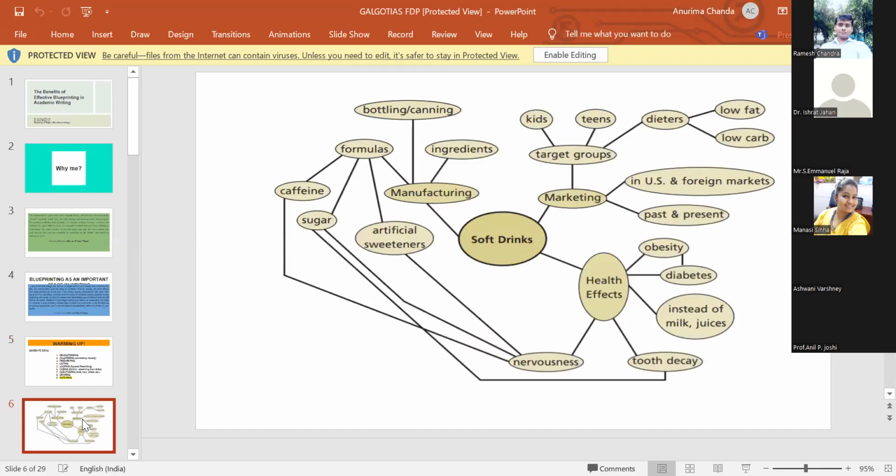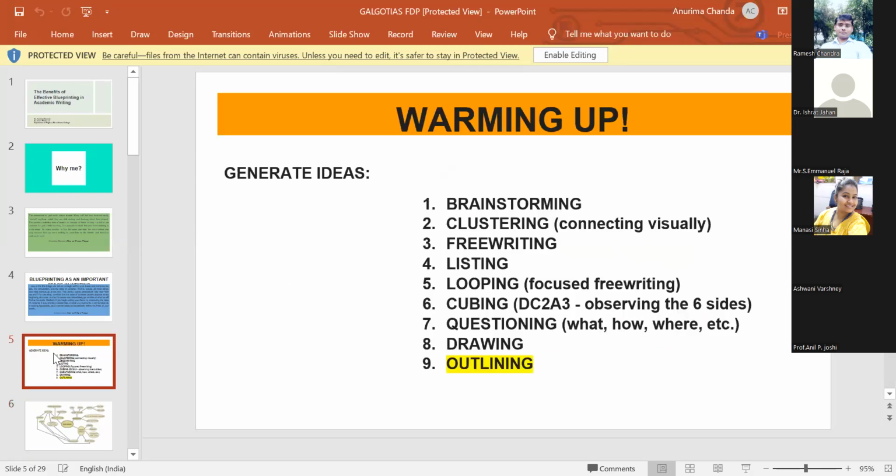This is a way that we used to do at these one-on-one sessions. So we should just take a piece of paper, put down your main topic right at the center, and keep having these main points and sub points which are coming out of it. At this stage, you don't need to think too much. You just keep on writing whatever comes to your mind. It is only at a later stage that from here you keep on selecting, so editing out basically. So this is a way of clustering, which is connecting visually.